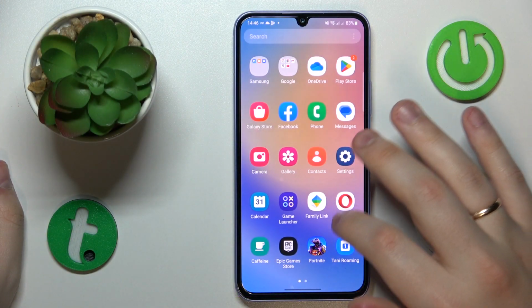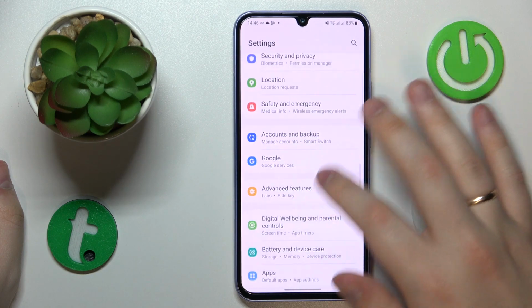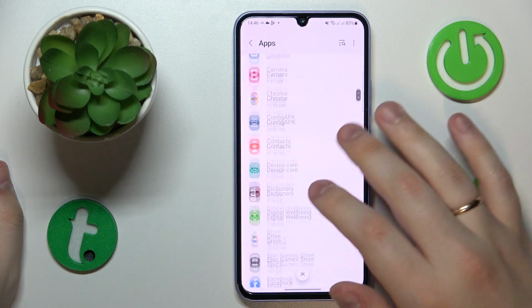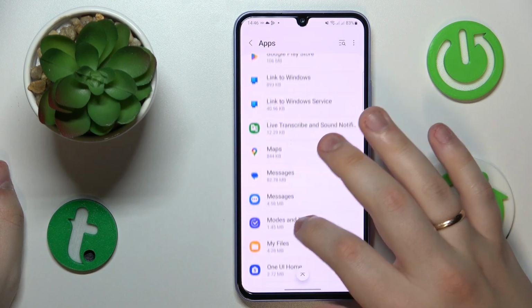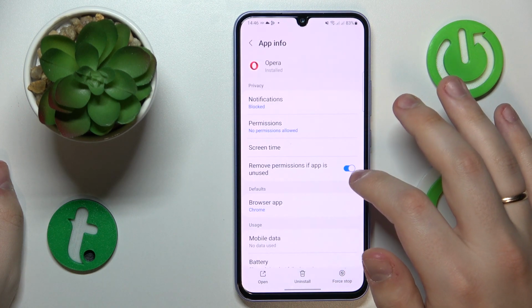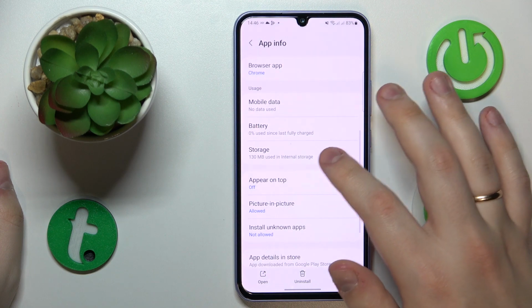So first step you need to take is to open the Settings app, then find and enter the apps category. Next you will need to find the app from the list of all installed apps that you have. So let's say I'll go with Opera, and at the following page you will need to tap at the storage